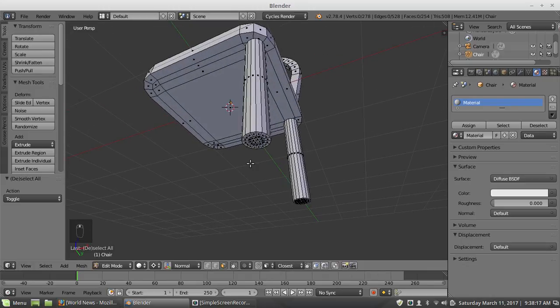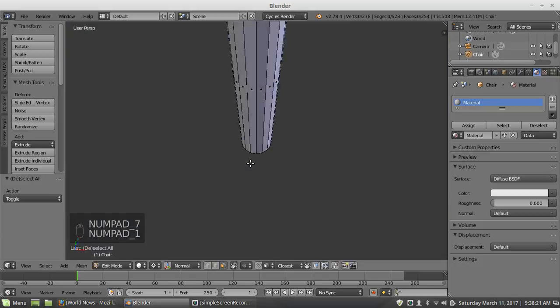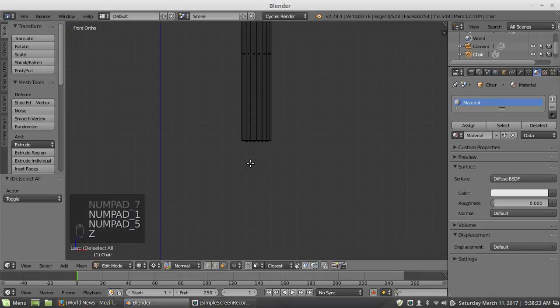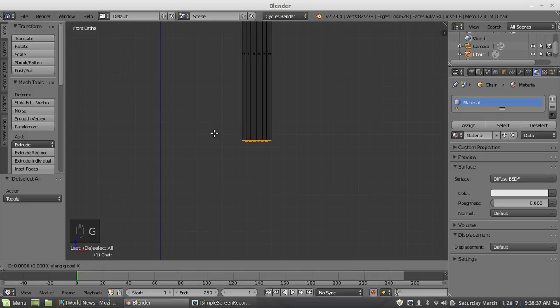And then I am going to go to the front view, and I go to X-ray view, which is the Z key, and I'm going to select all these here because I'm trying to think ahead, and I'm going to move these out ever so slightly to the right, like so.